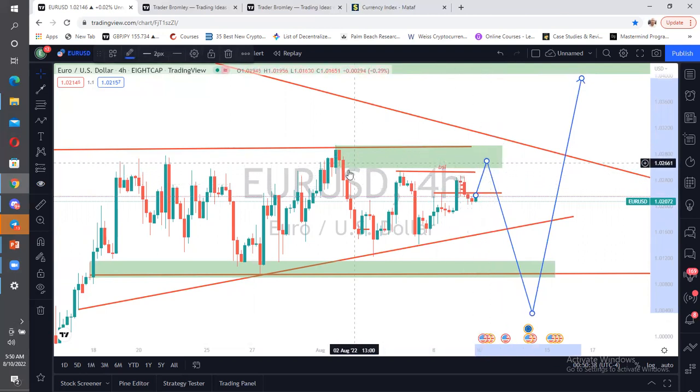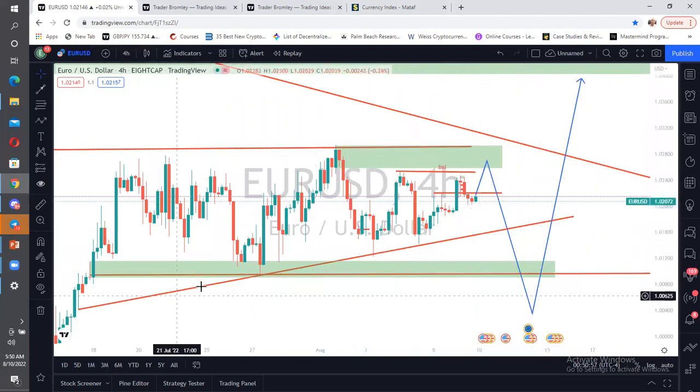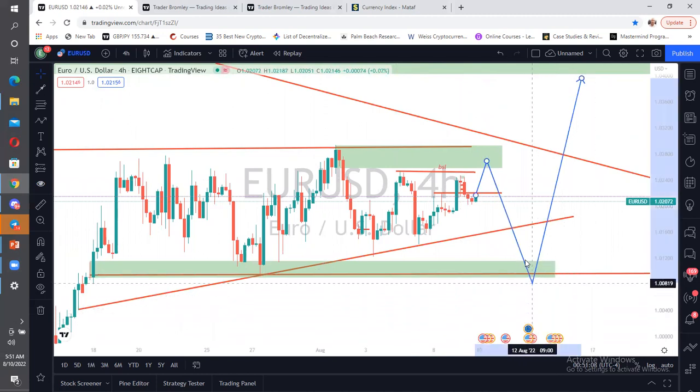So once they are mitigated by this particular order block here, all right, then the next thing we expect to see is for them to come down and take away this liquidity. If they can take out this liquidity, then my bias will go to the upside. Actually, I'm expecting this market to go to the upside, but I want to see removal of this liquidity level before I start going to the upside. That is what I'm expecting from this pair. So my analysis on this pair still remains the same.